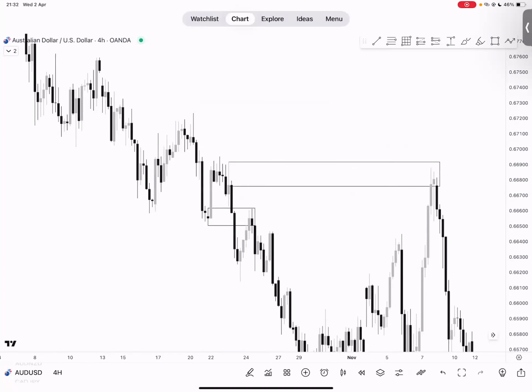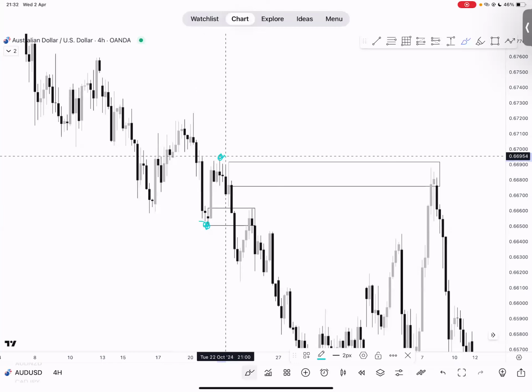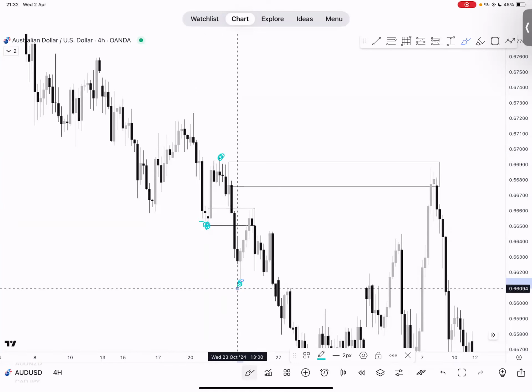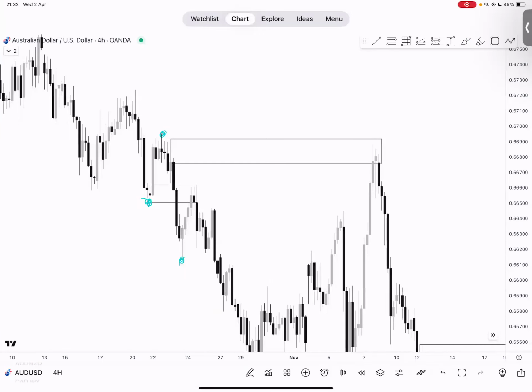Now, price was coming in a series of lower lows and lower highs, lower lows and lower highs. And you'd agree with me that this is a lower low, and this is a lower high. This is another lower low. Now, this first lower low has created, this first lower high has created a supply zone and all of that. The price is